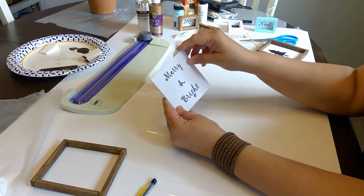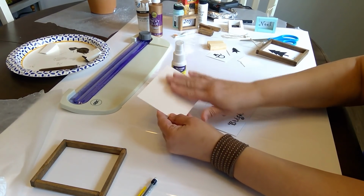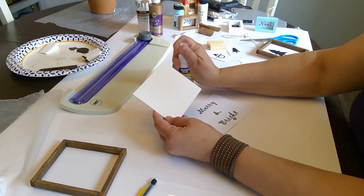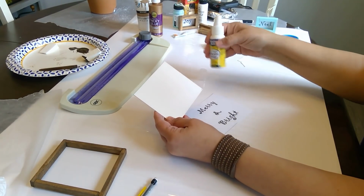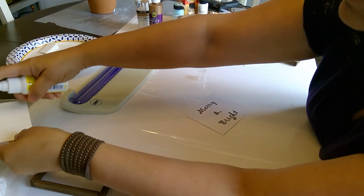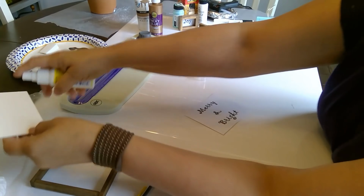So what you do is, it's glue that you spray over the entire surface, and then you just plop that on there. So that's what I'm going to use. And it says you need to shake it, so that's what I'm going to do. And then I'm going to spray. I don't want to get it on my...